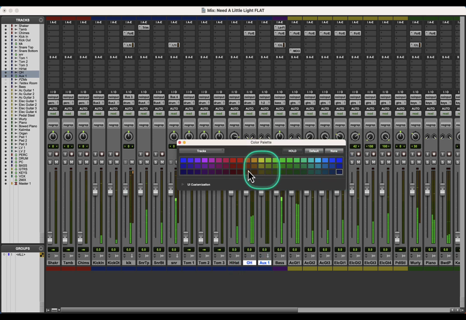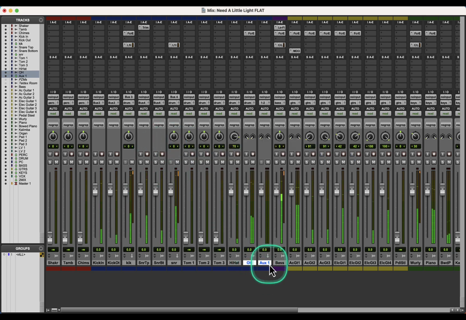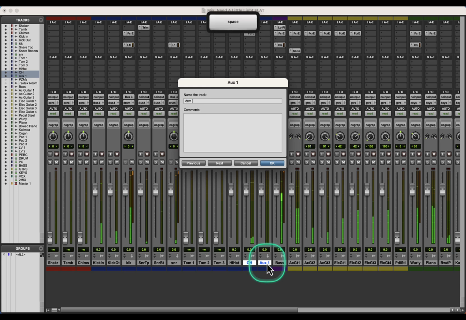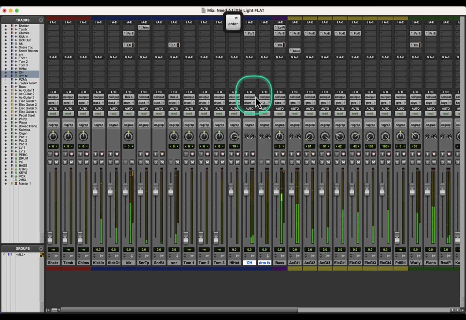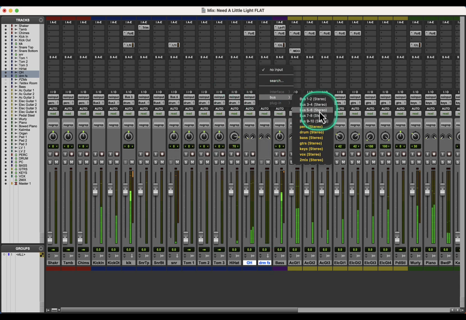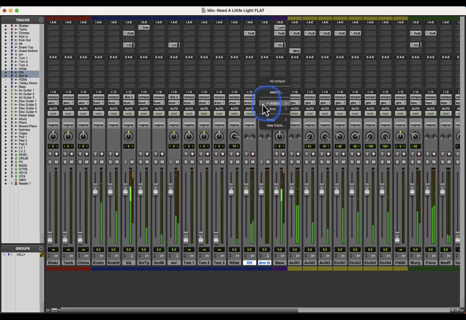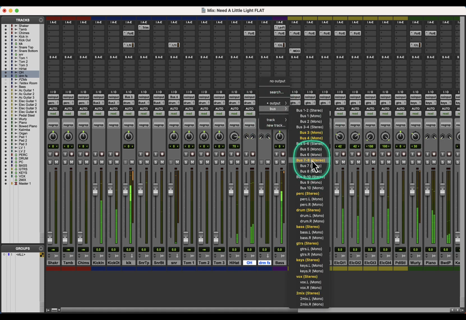Turn the output level down and then just bring it up enough so that it kind of lights up the drums. Now in this case, because there's no reverb, there isn't a lot to sustain. So what I'm going to do right now is add